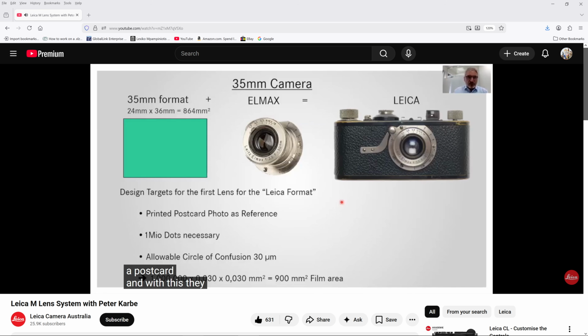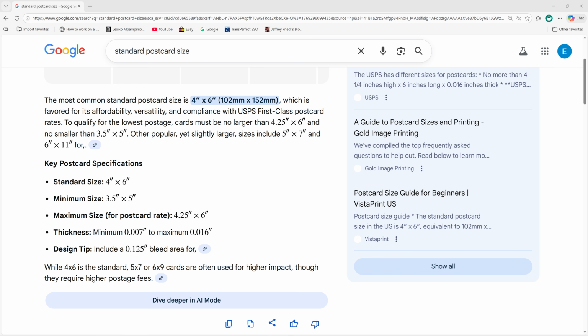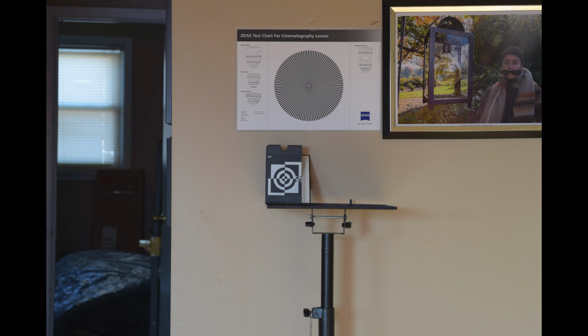And with this, they defined the circle of confusion, the allowable circle of confusion, or the minimum size the aberration should be, and this they defined as 30 microns. So if our chart is supposed to represent a 4x6 to 6x9, then the whole image is representing a medium to large size print.